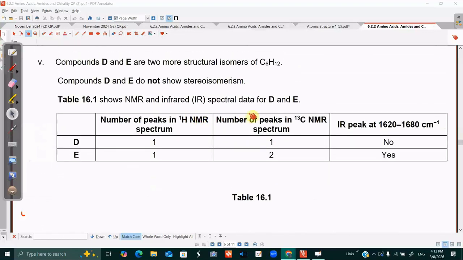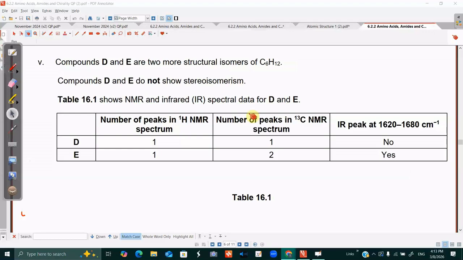Compound E has more structural isomers. This means now a different one, not the one that we have done, right? They do not show optical isomers or stereoisomerism, so no geometric or optical. So the NMR and IR spectra of the compounds D and E: number of peaks in proton NMR spectrum, number of peaks in C13